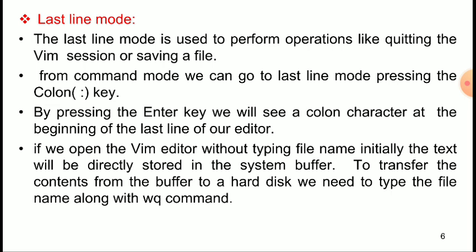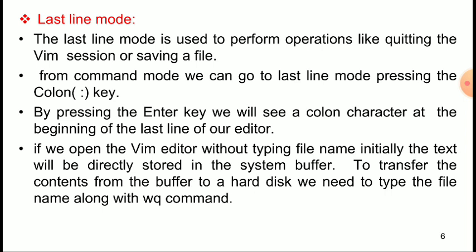If we open the Vim editor without typing a file name initially, the text will be directly stored in the system buffer. To transfer the contents from the buffer to the hard disk, we need to type the file name along with the wq command.